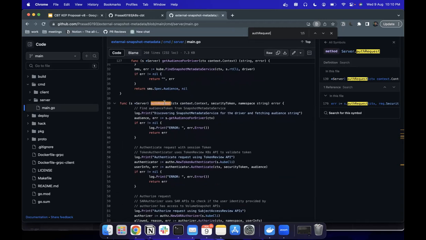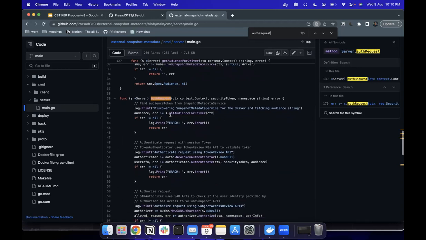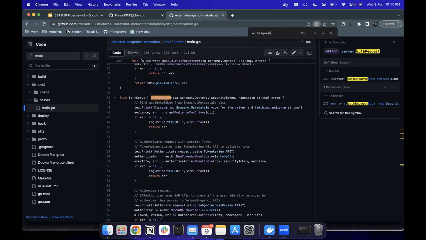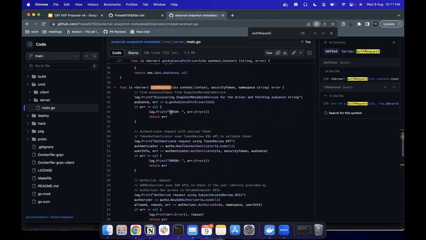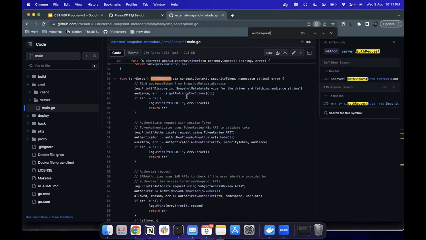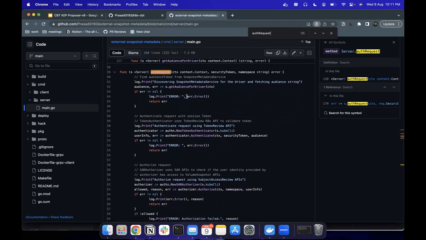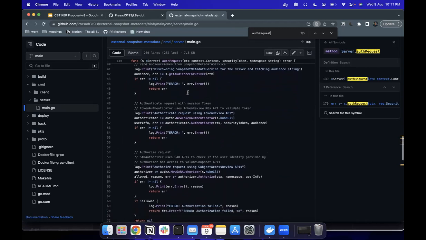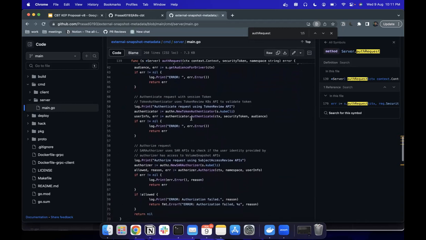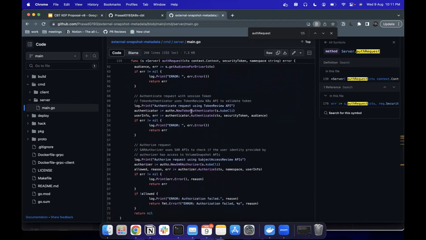This service already has the driver name set as a parameter or env variable, since it's deployed as a sidecar to the CSI driver itself. For the driver, we find the snapshot metadata service, where we get the audience string, and then we call the authenticator